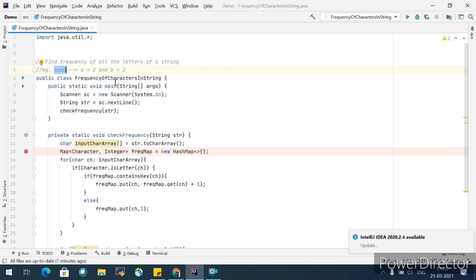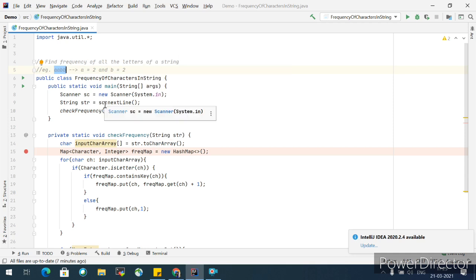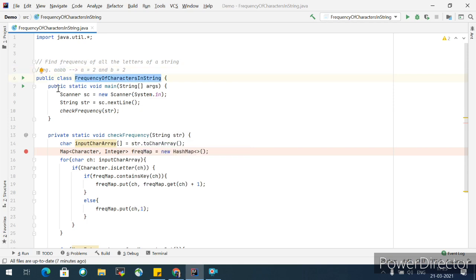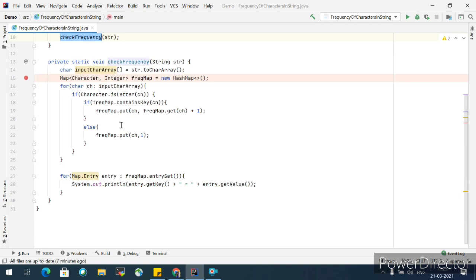I'll walk you through the code first, and then in debug mode I'll explain my changes and then show you the output. Here you can see I've created a class FrequencyOfCharactersInString, and this is my main method. I'm taking the input from the user using Scanner, and then my entire logic is written in the checkFrequency method, into which I am passing the string coming from the user.